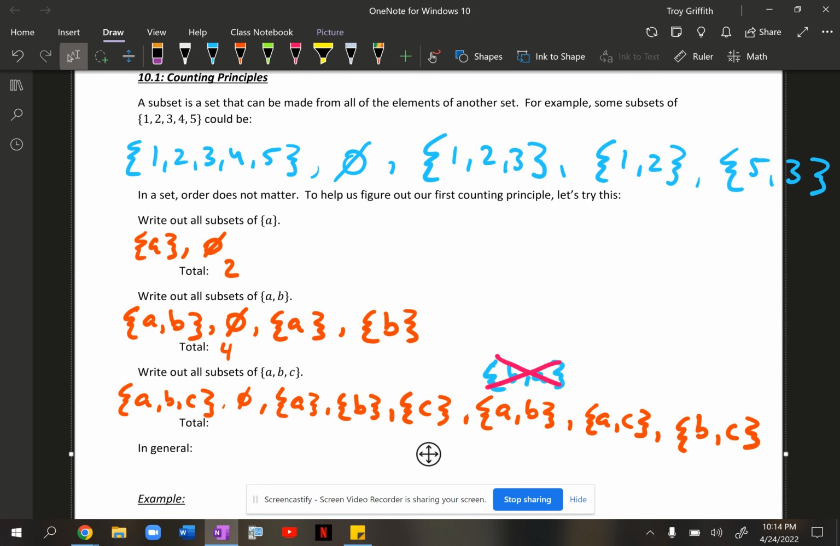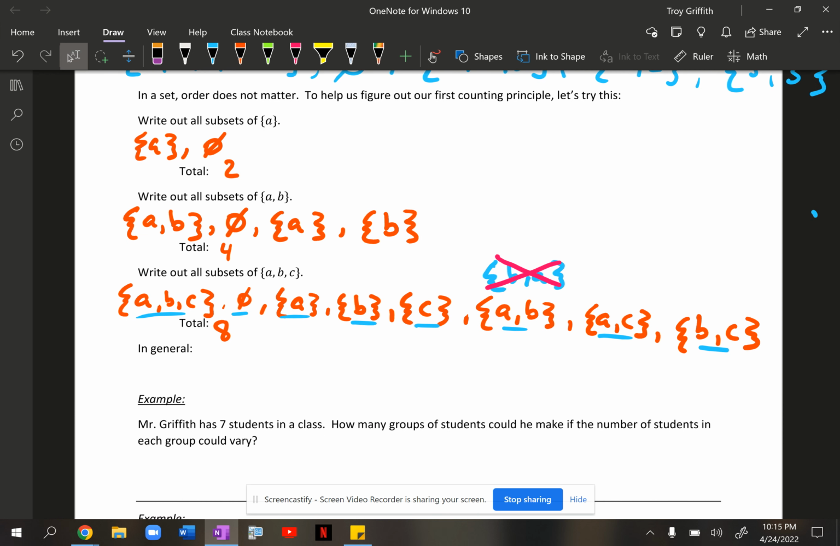A subset with 3, a subset with nothing, 3 subsets with 1, and then 3 subsets where we have 2 elements each. Okay, and if we count these up, we've got 1, 2, 3, 4, 5, 6, 7, and 8. Okay, so that gives us a total of 8 subsets. All right, so if we think about a pattern maybe emerging here, what you'll notice is that in this first